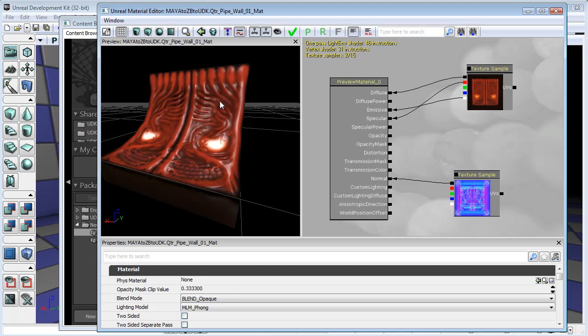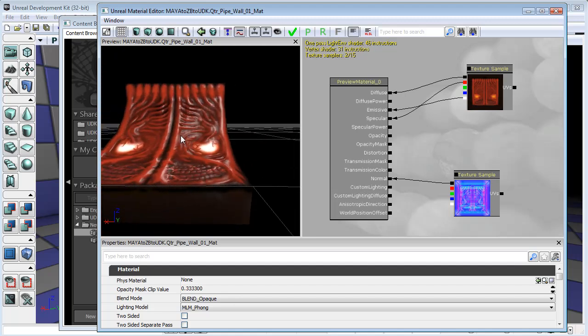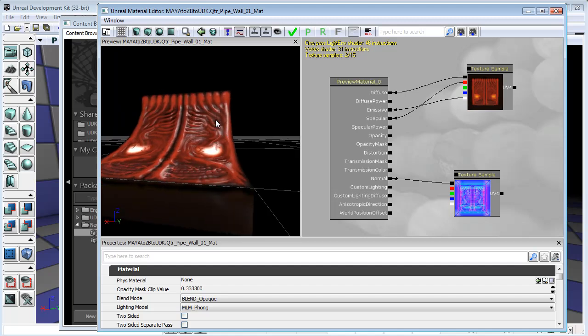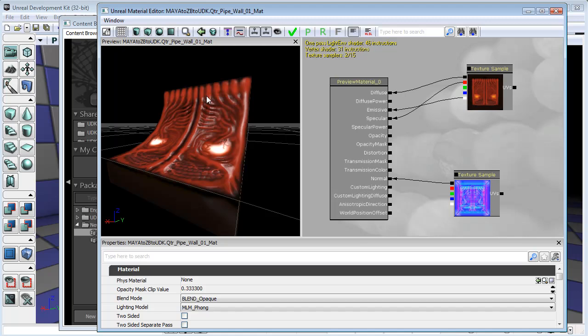specular color, or the light that's reflecting off this object, to also have a little bit of that color from the underlying texture, just to give the impression that light is actually penetrating this object and then sort of being reflected or refracted out, as if this is a softer object, or a light absorbing object like skin or flesh. Now the reason for these problems is that each of these channels is essentially a